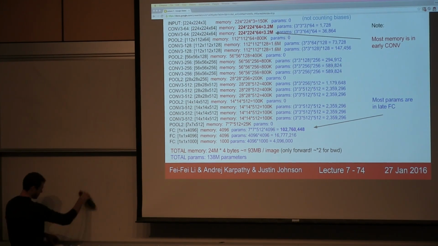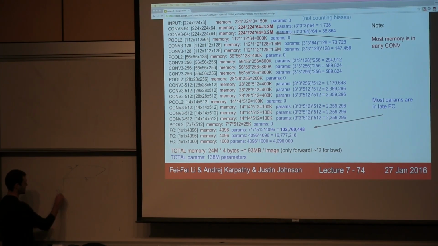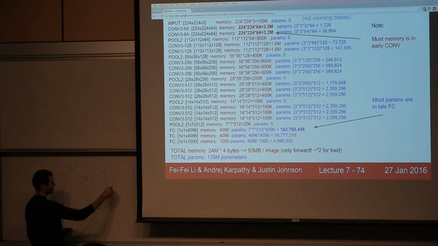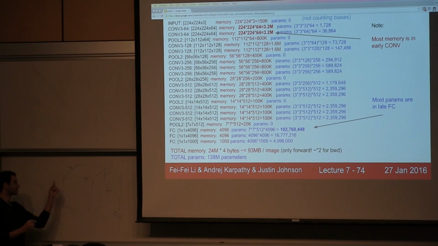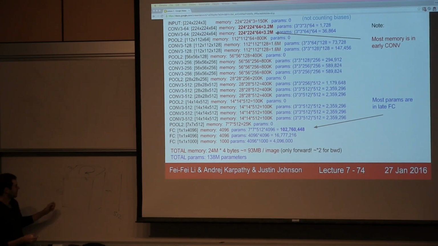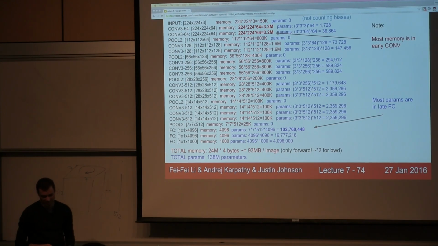But what works relatively well is the following. You have a 7 by 7 by 512 volume at this point, and instead of doing fully connected on this, you transform this into a single column of just 512 numbers. And you do that by doing average pooling across the full thing. So you do average pooling this way. So every single number in the output is a result of averaging 49 numbers in here. So you take those activations and you just average across, and you can use that instead, and it works almost as well. So you can save yourself a lot of parameters. So that's a trick that I think they actually used in GoogleNet, which is my next